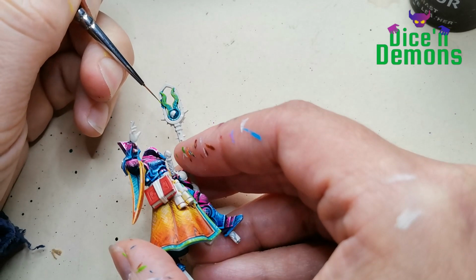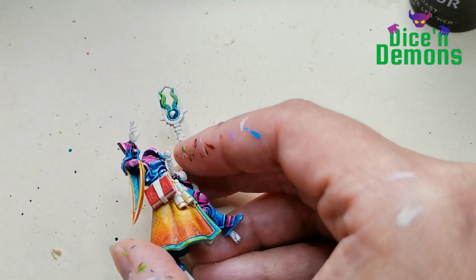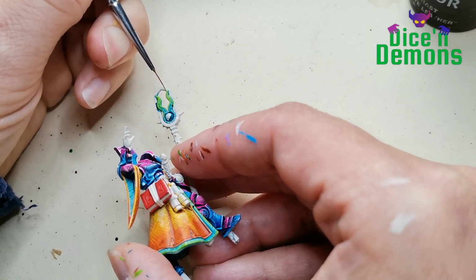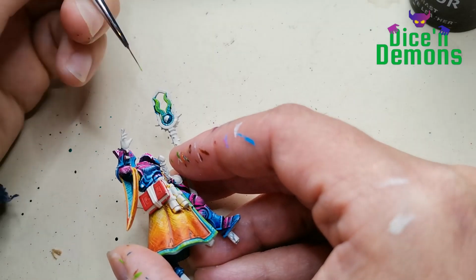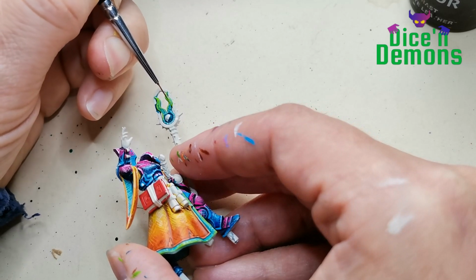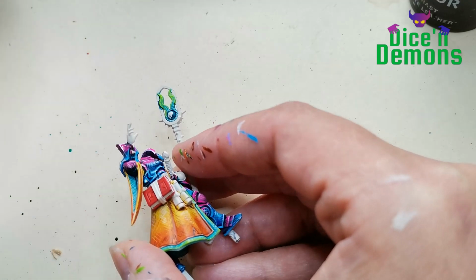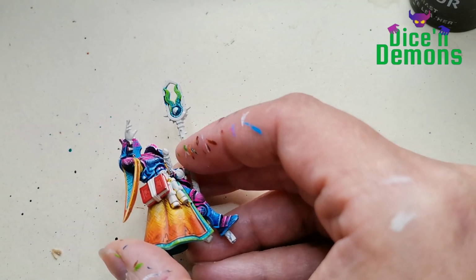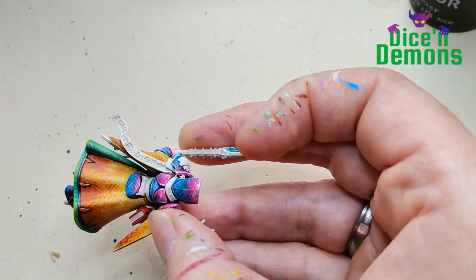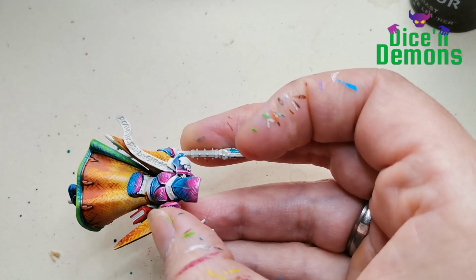Then I want to do an even brighter highlight on the green, and for that I am using a mixture of a pigment also from Green Stuff World called Neon Yellow, mixed with Tesseract Glow from Citadel. And I use these as not the final highlight, but almost. And this is just a really bright green that makes me so happy every single time I use it, which means that I pretty much use it on every single project I have. It's a bit silly, I know, but it makes me so happy,